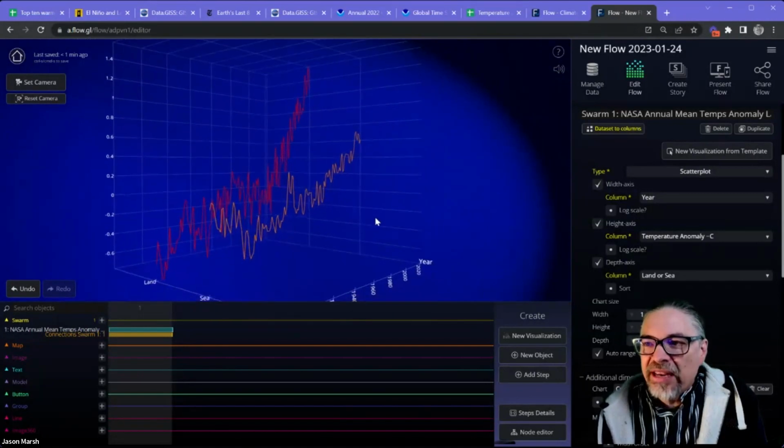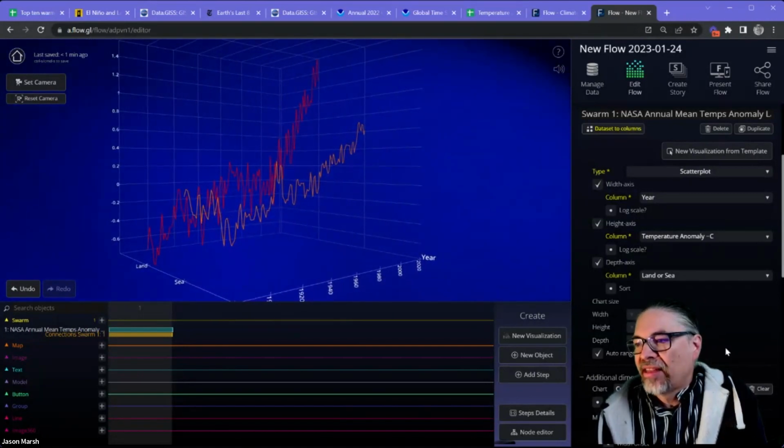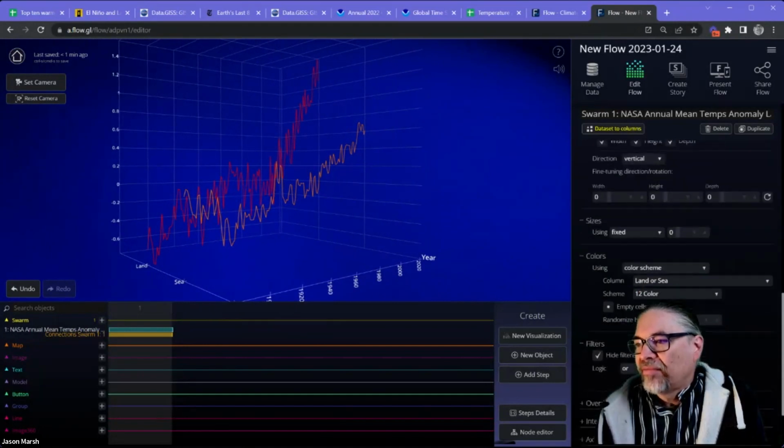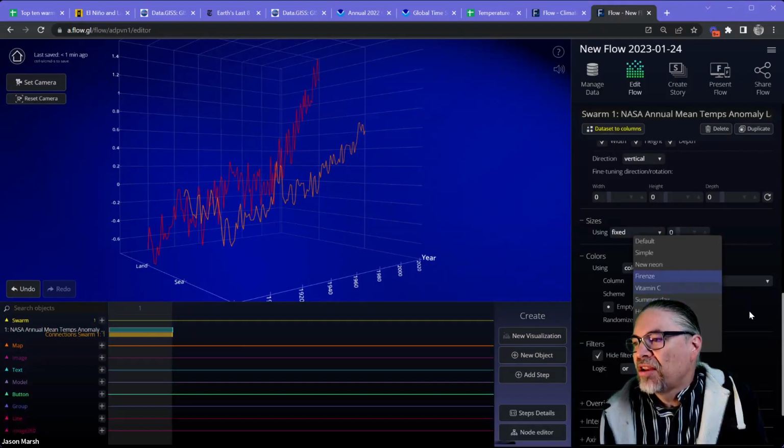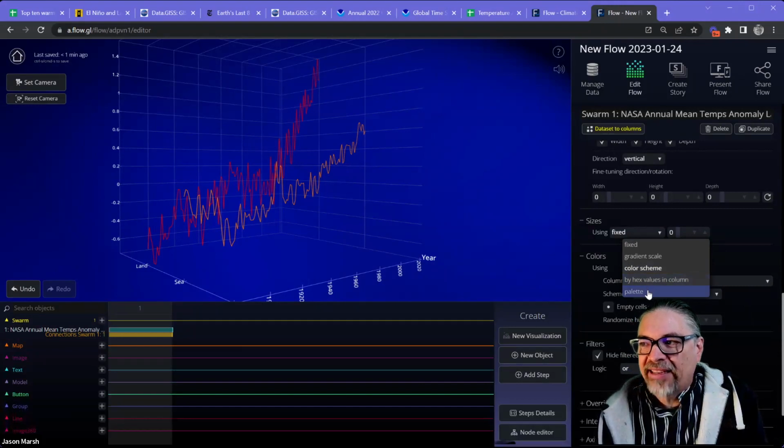The other thing we've done here is, it looks like it's colorized them by land or sea, which makes sense here. See the color scheme? It's using a color scheme for land or sea with a 12 color scheme. We can pick different colors. Actually, what I'm going to do is switch to something called the palette system. Now, this is new.